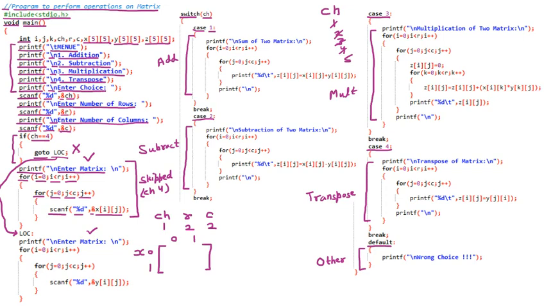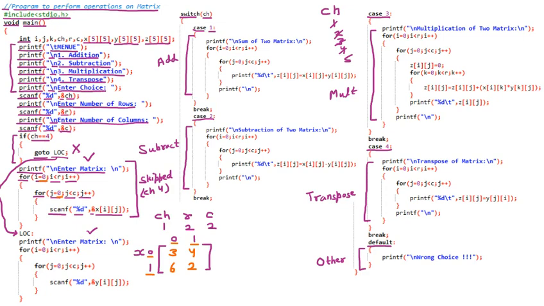Firstly the values of i and j will be 0, 0. When the i value is 0 and the j value starts from 0, at 0, 0 let us suppose we have entered 3. Then j increments, let us suppose we have entered 4. Again the condition becomes false, the value of i will increment, so i will be here, let us suppose we have entered 6, and again j will increment and we give the value, let us suppose 2. So this way we have entered the first matrix. Now we are going to the second part.